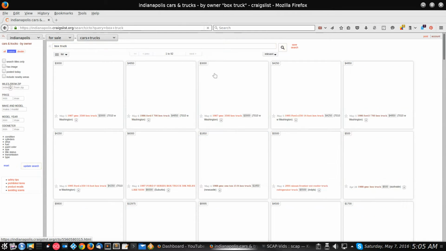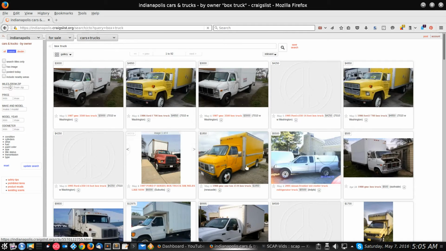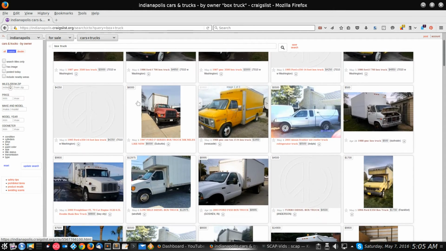So I can do a search for box truck, and what that's going to do is filter it out. So now it's looking for the words box and truck in either the title or the description, the text of the ads. But you'll notice down through here now, the only ones that pop up are, for the most part, box trucks.